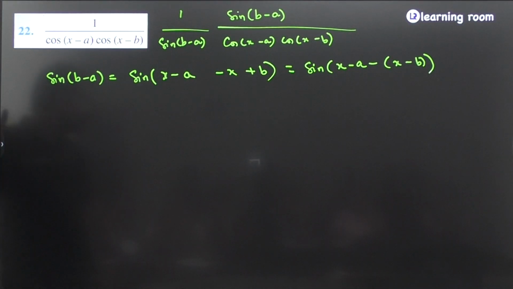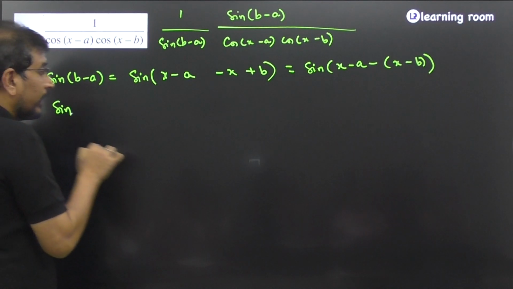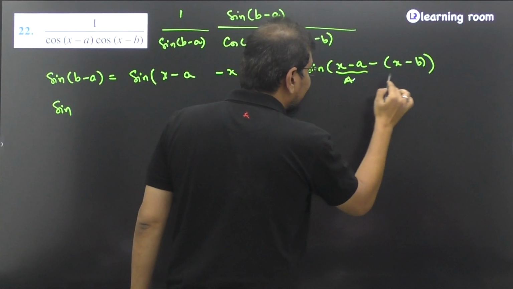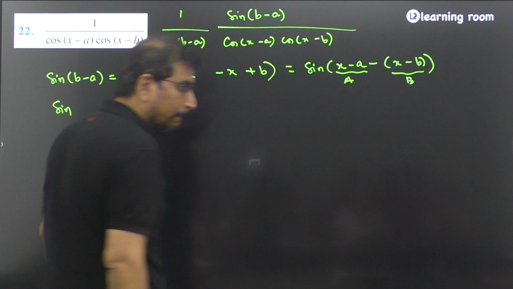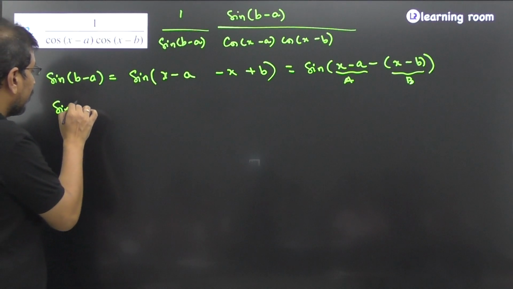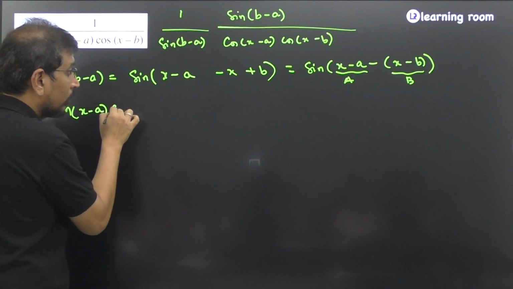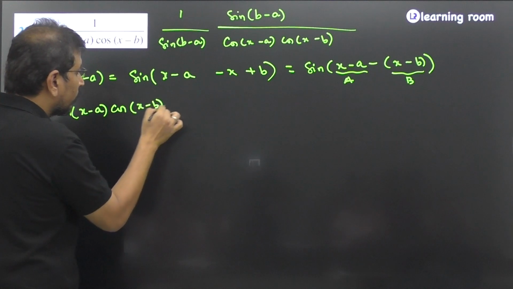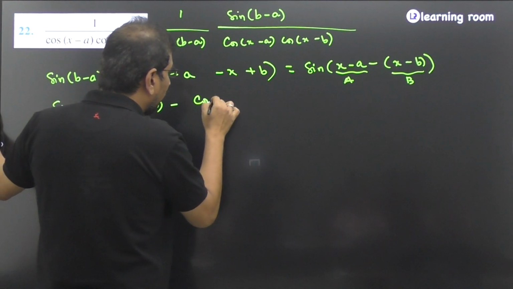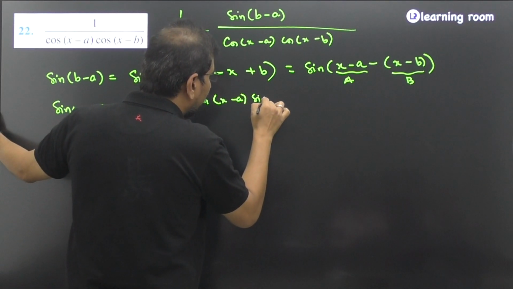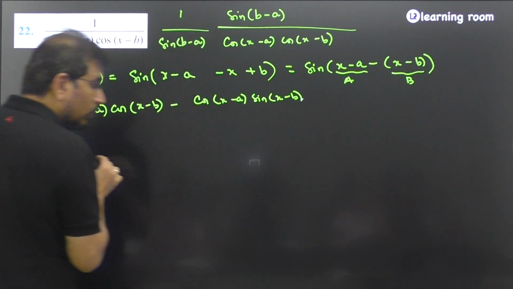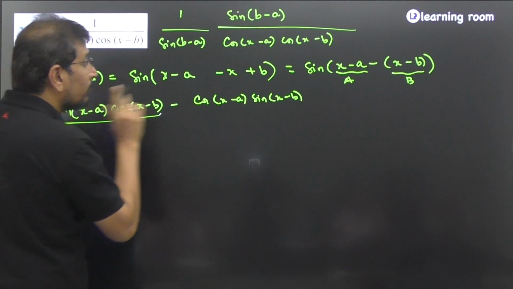Now tell me, how should I write that? I'll take this x minus a as a and x minus b as b. So it is going to be sine a cos b minus cos a sin b, the whole divided by cos